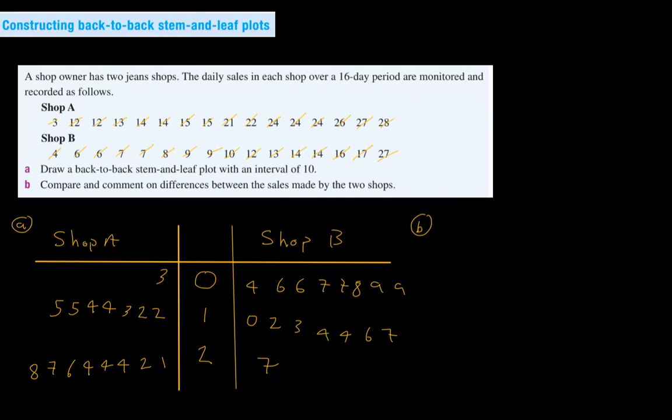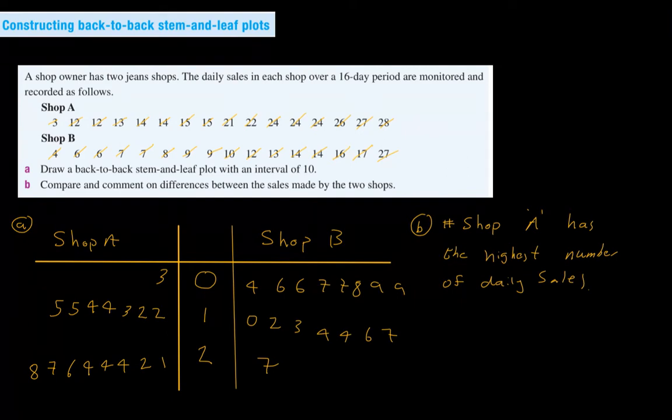Shop A has the highest number of daily sales, and we can see that here. Shop A has a long list of sales in the 20s. Shop B only has one, which is 27,